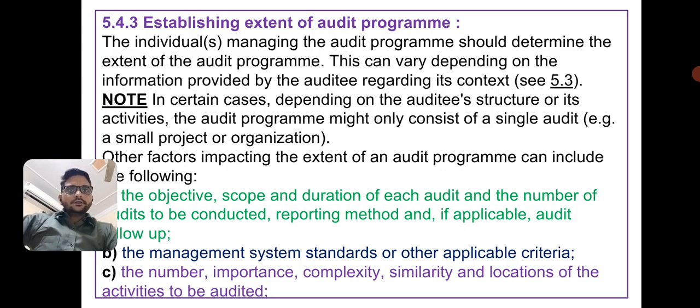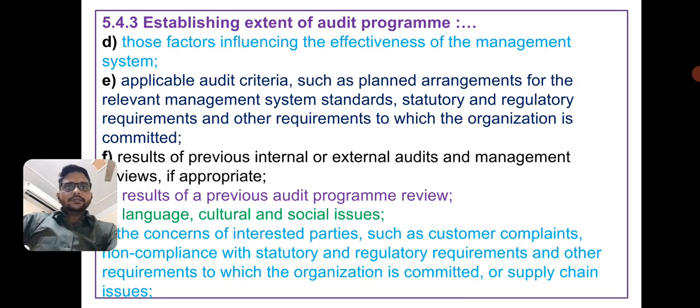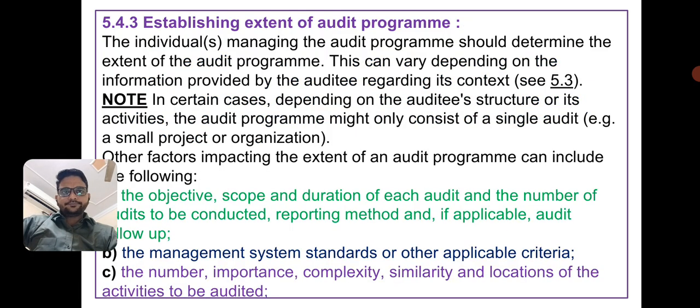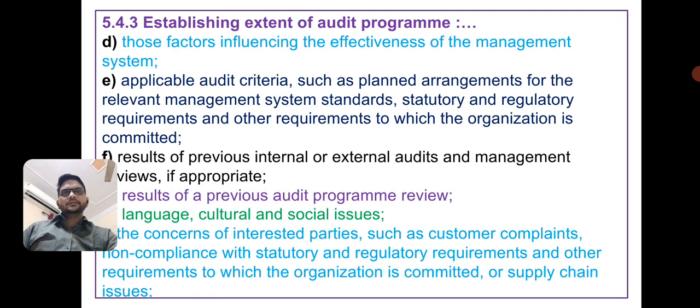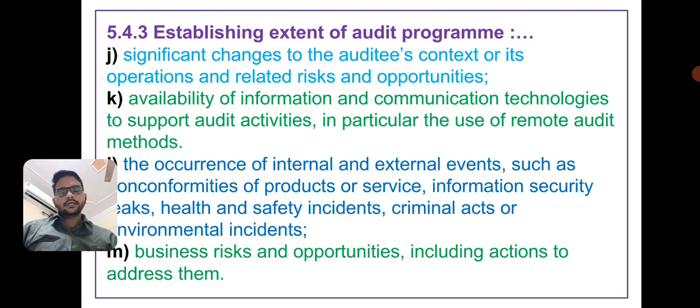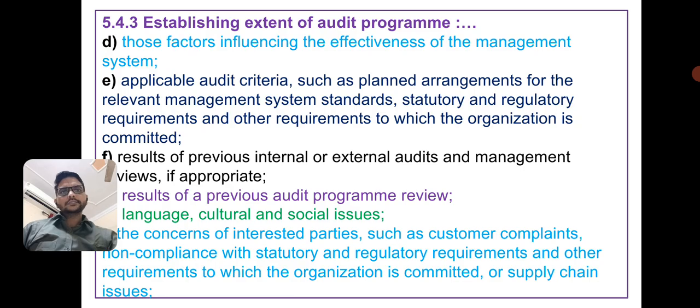Next subclause is 5.4.3, that is establishing the extent of the audit program. Extent includes the objective, scope, duration of each audit, number of audits to be conducted, reporting method, and management system standard and other applicable standard criteria, number, importance, complexity and similarities, locations of activities to be audited. Those factors influencing the effectiveness of the management system, applicable audit criteria, and results of previous internal or external audits, and results of previous audit program reviews, language, culture and social issues. Next is